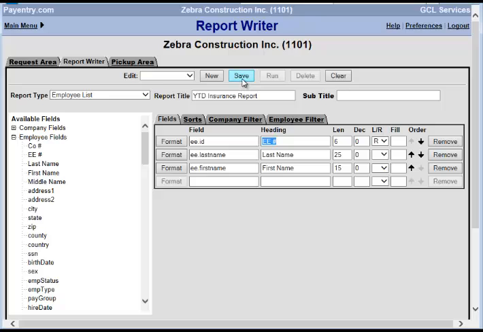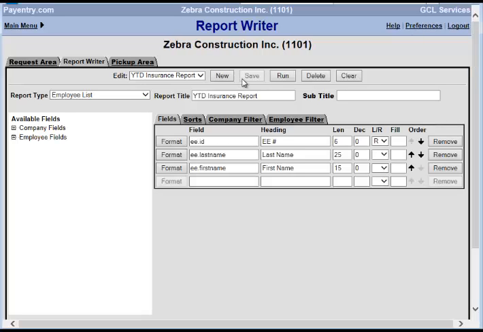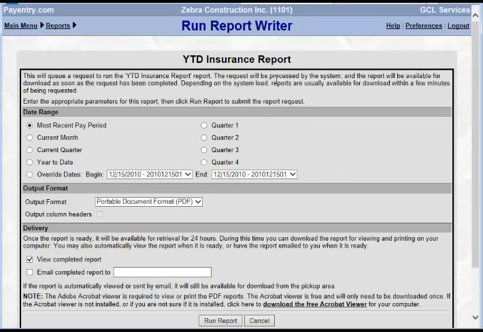So I'm going to go up to the top and click Save. This will save all of our entries. And now I'm going to choose Run. When you choose Run, it will automatically take you to this Run Report Writer menu. Here you can choose to default the date to the most recent payroll, which is typically what most of the reports will be. Or if you are doing a report for a certain time frame, you can pick it from here, a current month or current year, the quarter, or a range of dates